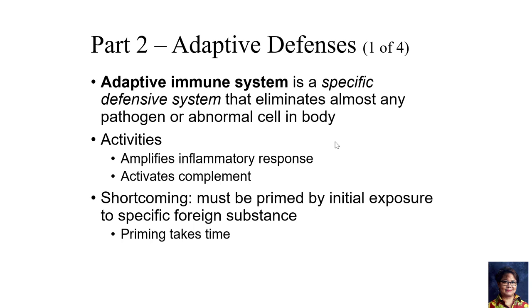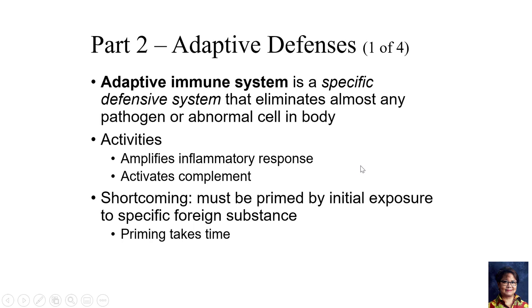One of its activities related to the previous discussion on the innate is that it amplifies inflammatory response and it activates the complement system. Both of these are part of the innate, but they are being amplified and stimulated by the adaptive